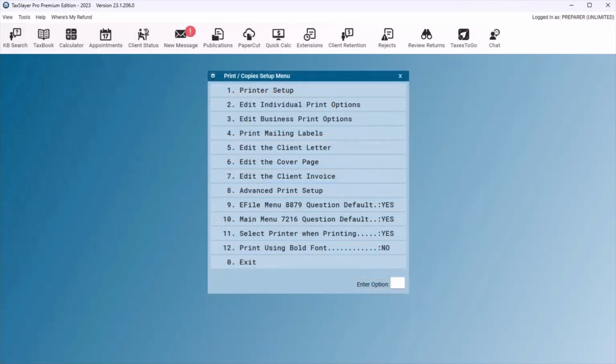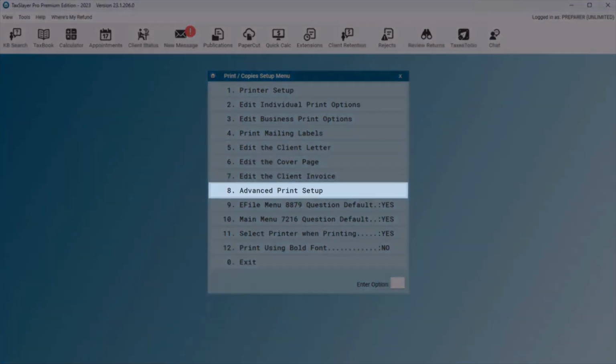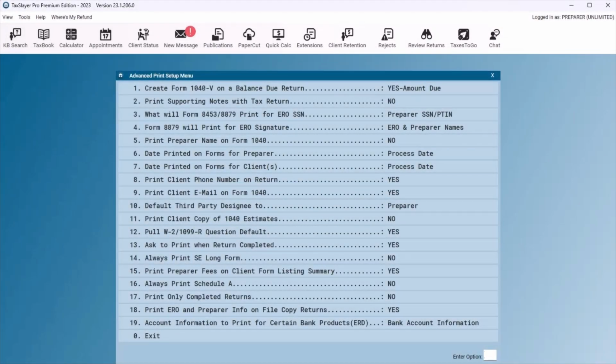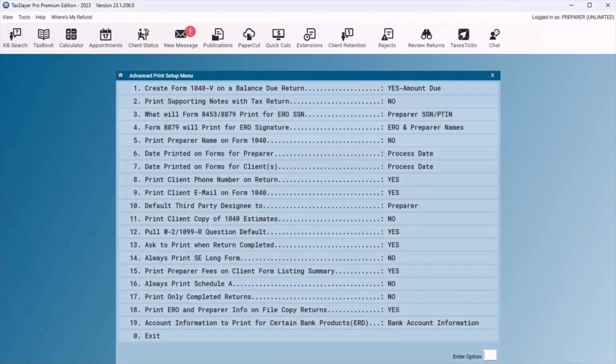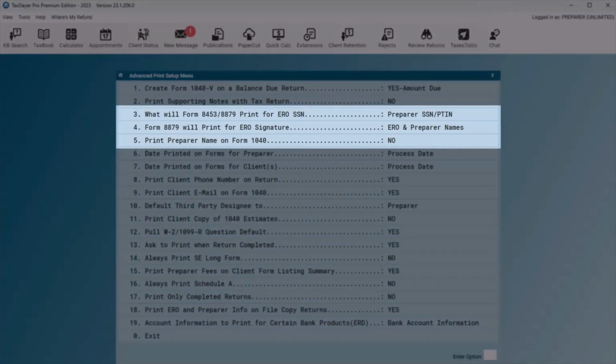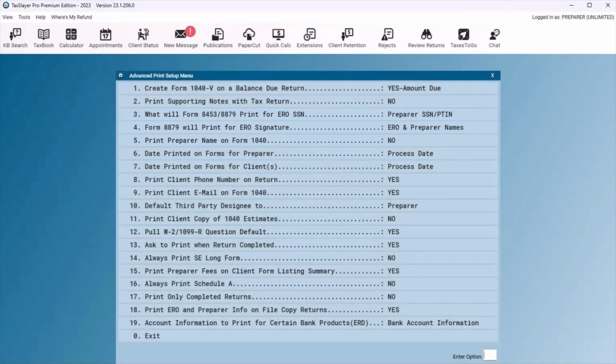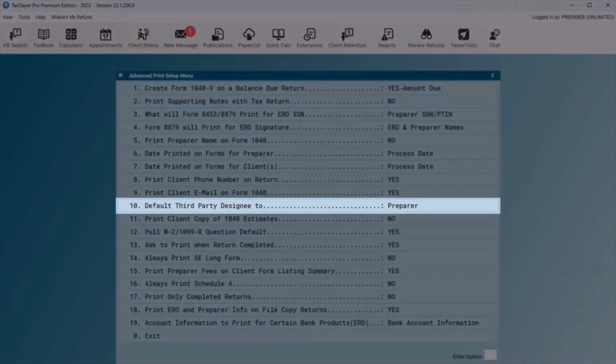The last section of the Print Setup menu we recommend reviewing is the Advanced Print Setup menu. This menu allows you to customize certain aspects of the printed return to better fit the needs of your office. Some of the options in this menu include automatically creating a 1040V on a balance due return, which allows you to have the payment vouchers generated for you, what preparer or ERO information will print on the return, such as whose signature will display and if the preparer's name will print on the 1040, third-party designee information, which allows you to determine if the third-party designee will default to the preparer on the return or a specific person of your